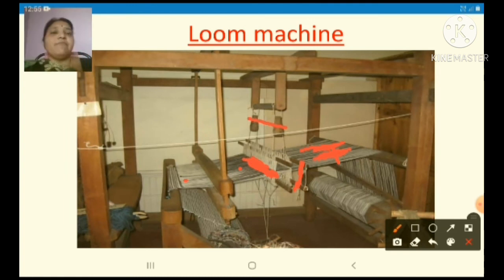Okay, so once again we'll see the parts of the loom machine. This vertical thread is called the warp thread. This horizontal thread is called the weft thread.